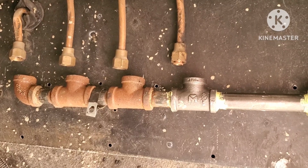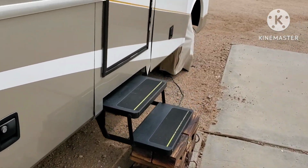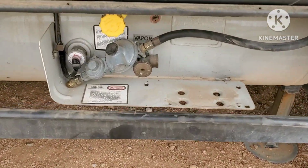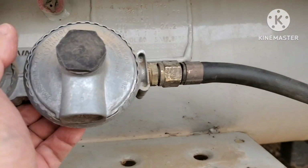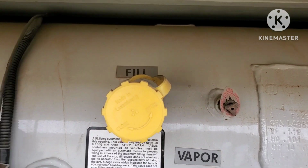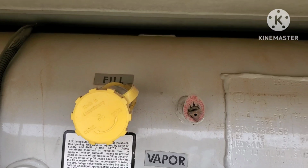what I had to do up front. I had to disconnect the actual line. Here, let's just walk up here. I won't be able to show you the underneath, but I actually had to disconnect the regulator from the tank. This hose right here goes up and over the tank and into the hard line on the other side, where I had to disconnect another piece of straight